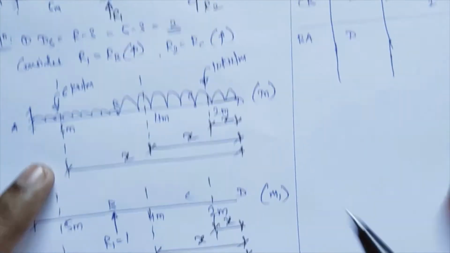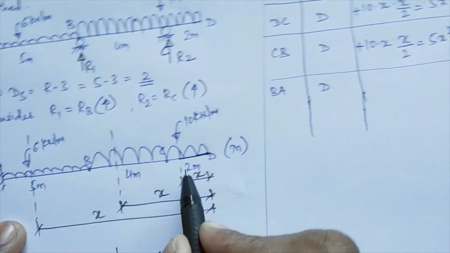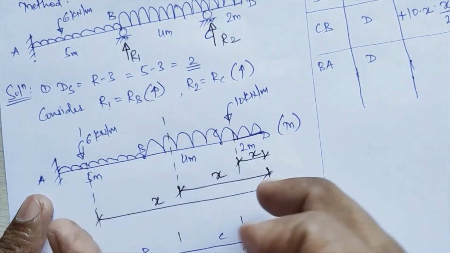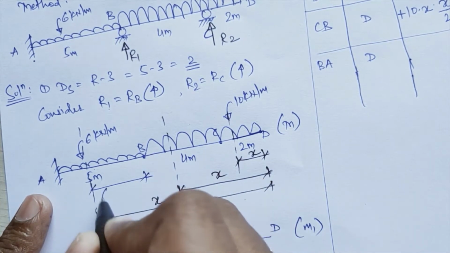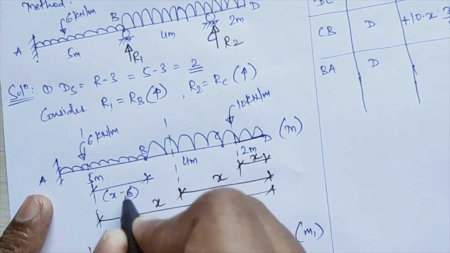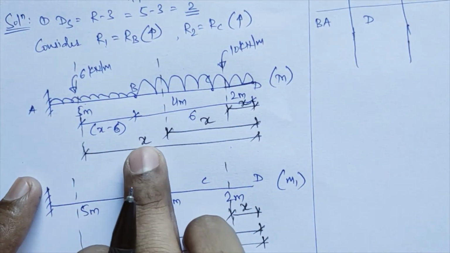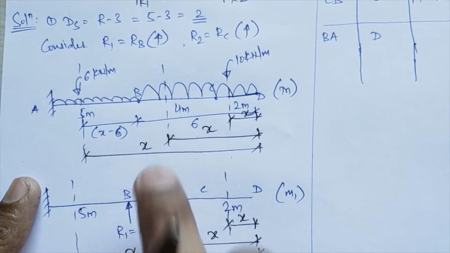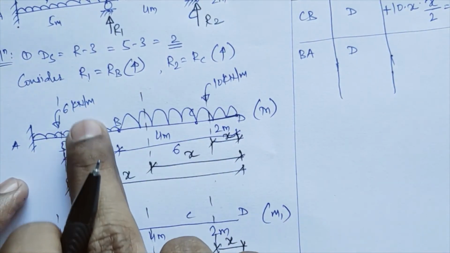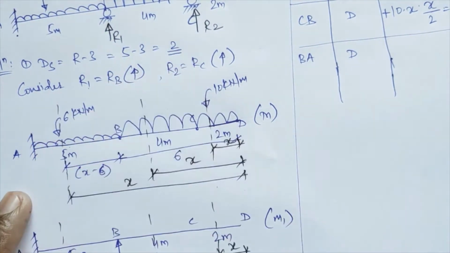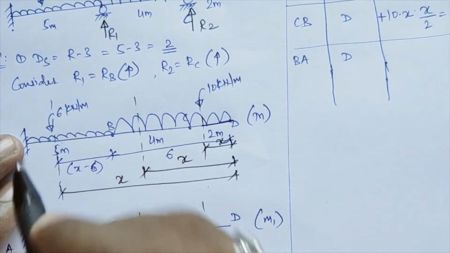Now you have to take moment of this complete UDL, that is total acting length 4 plus 2, 6, and the remaining x minus 6 UDL. See, this length will be your x minus 6 and this length is your complete 6. So bifurcation of this will be x equal to x minus 6 plus 6. So that becomes again x over here. So you have to take moment of this 10 kilonewton per meter and moment of this 6 kilonewton per meter along this pass section over there. So you have to take moment of these two UDLs along this section.